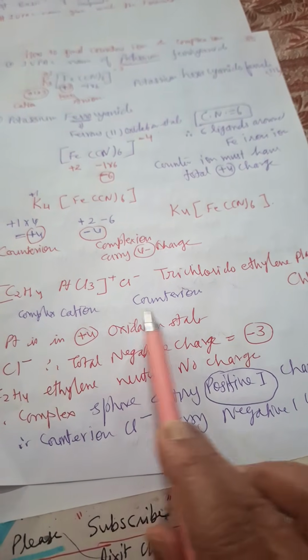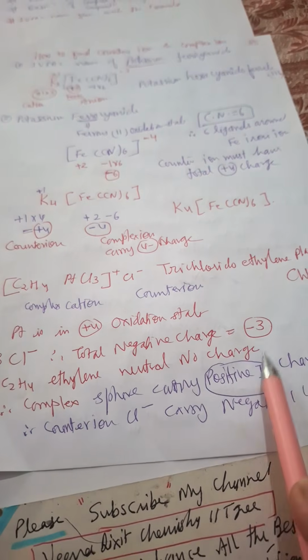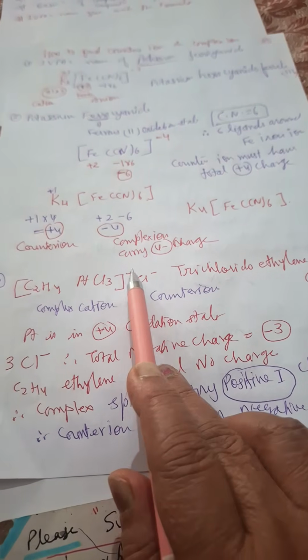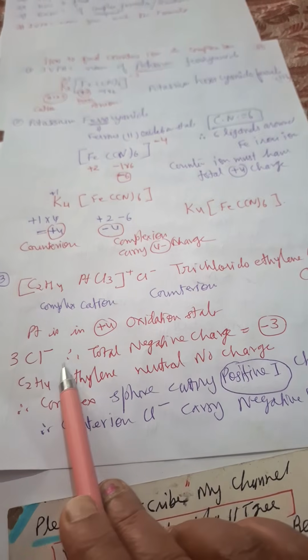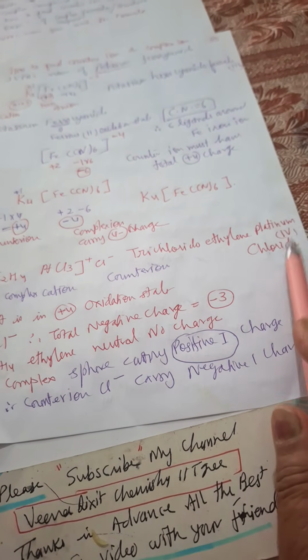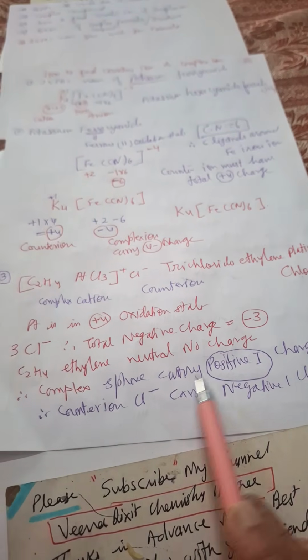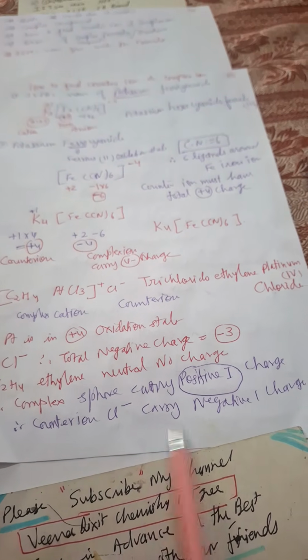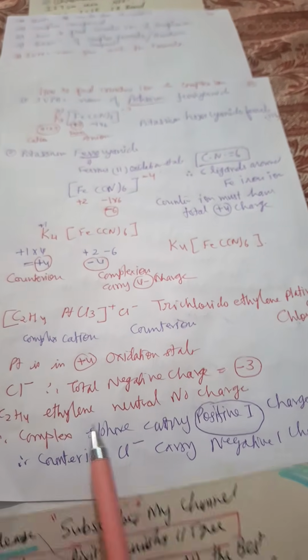It is platinum, and what is the oxidation state of platinum here? It should be +4, then only it will carry positive charge with Cl negative there. So it will be trichlorido ethylenediamine platinum(IV) chloride. And whether you write chloro or chlorido, each carries 1 negative charge, complex sphere carry